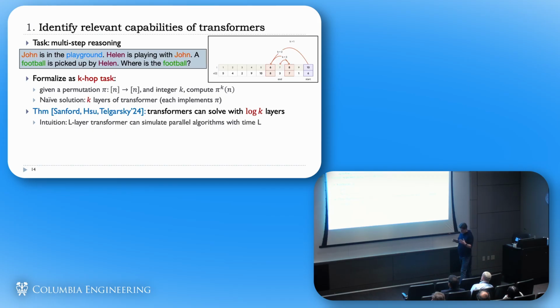They said that an L-layer transformer, where you combine these attention layers for L rounds, can simulate parallel algorithms, in some standard model for parallel algorithms, that have parallel time capital L as well. So in some sense, they have the power of simulating this. And there is a classic parallel algorithm that has logarithmic in k rounds of parallel time to solve this k-hop task, this formal task. And therefore, by their theorem, this means that transformers can also solve this problem with log k layers only.